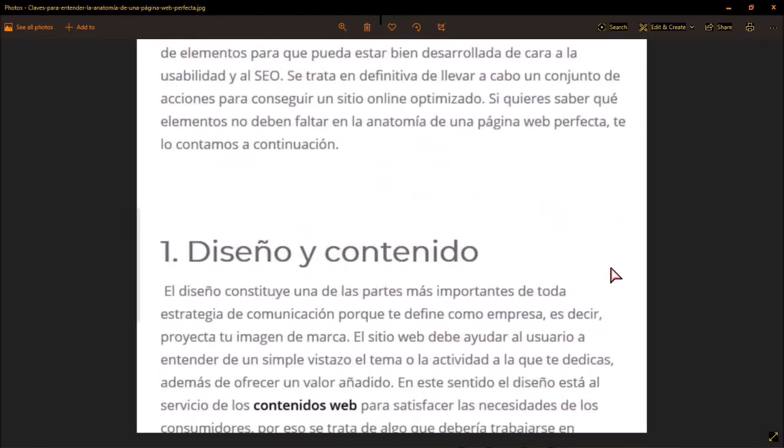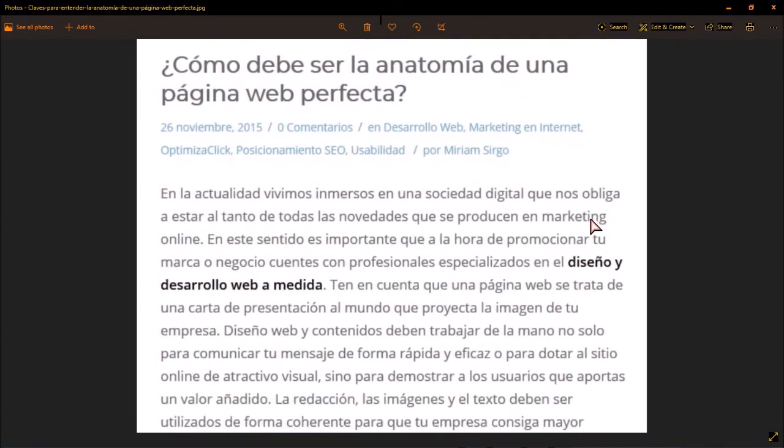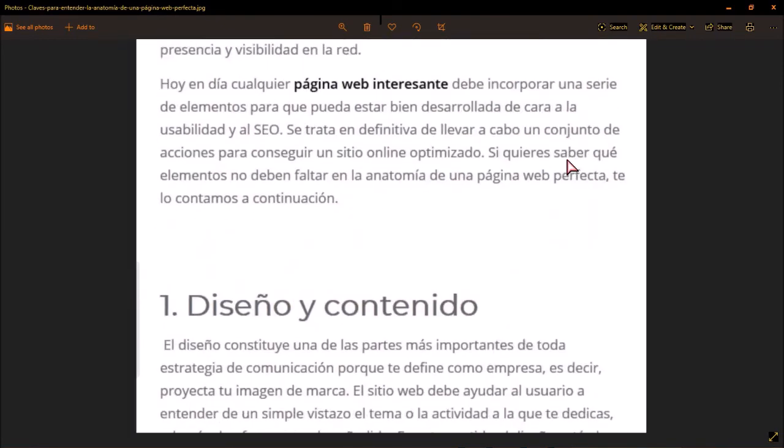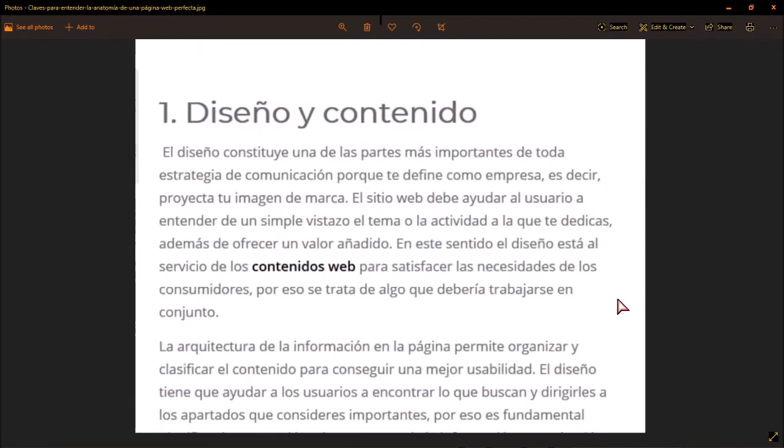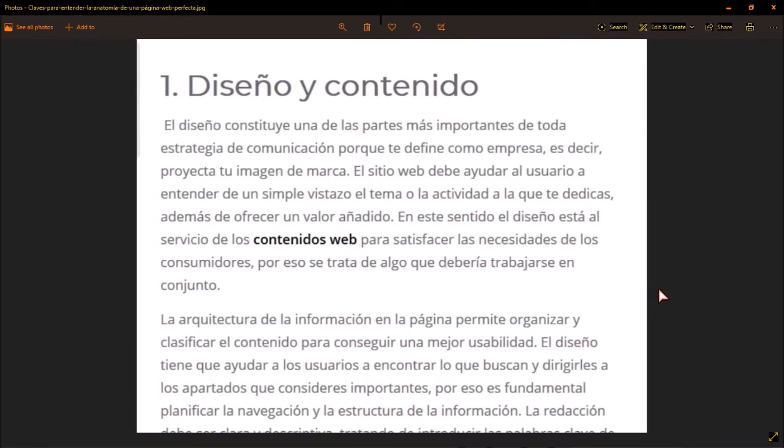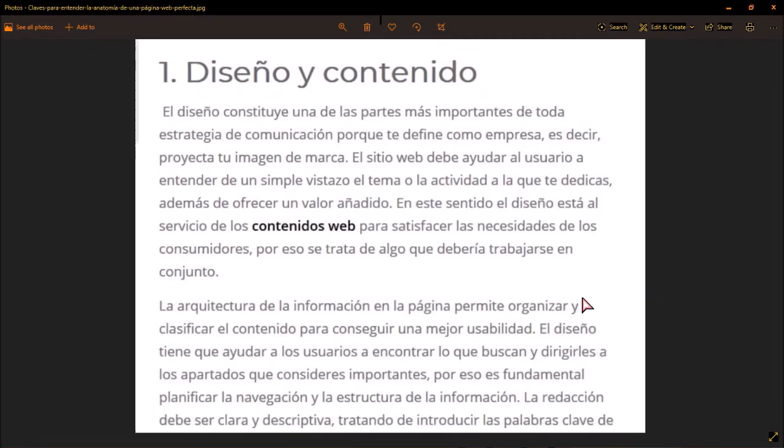In this other anatomy of a web page article, they talk about design and content, and those are very important things when we create a web page. The design is important, but also the content. So you may have an excellently designed web page with awful content, or excellent content in a very badly designed web page. So the idea is that we build a web page with a proper, nice design that fits the contents. So one thing works with the other. So we have to take care of both aspects.